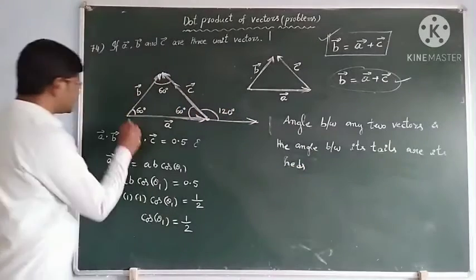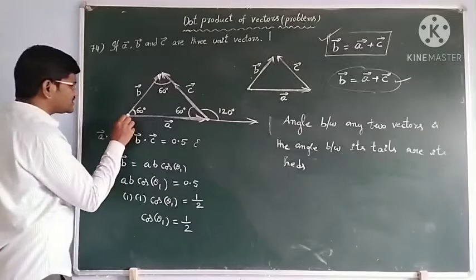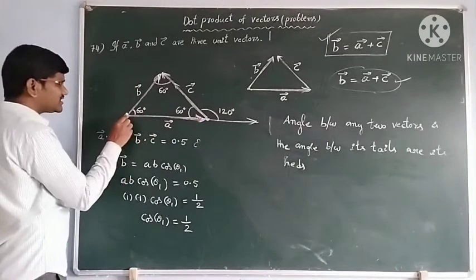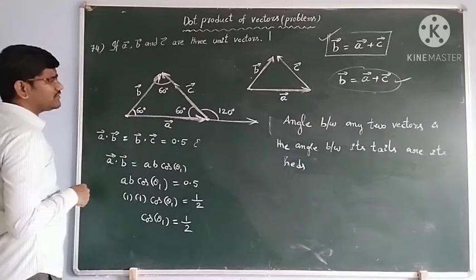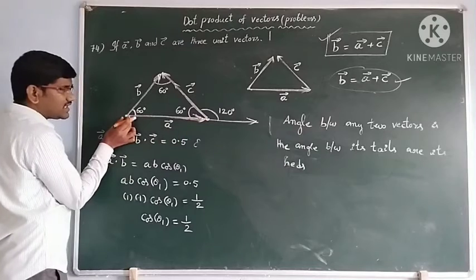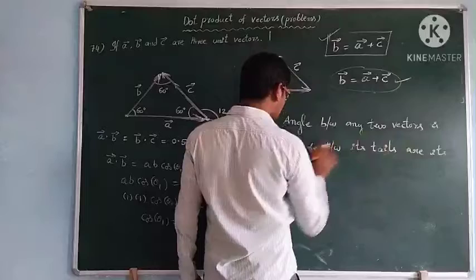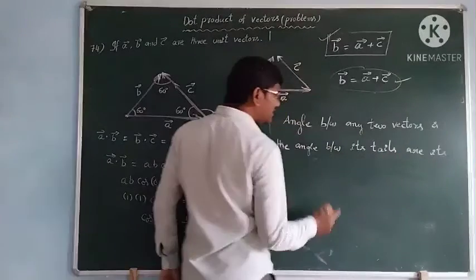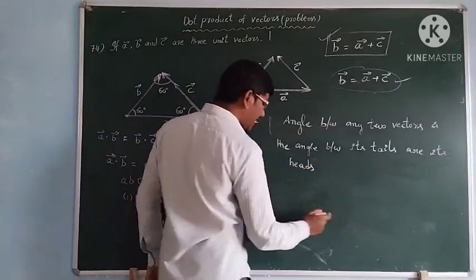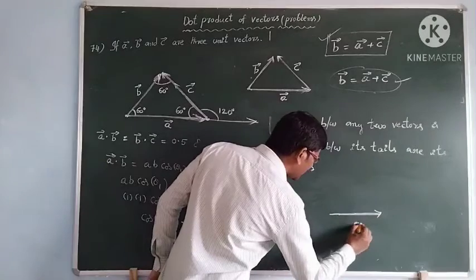So see, students, this is the initial point of the A bar vector, and this is the initial point of the B bar vector. Both the vectors start here. So this is the angle between the two vectors. It is the tails. This is the head of the vector. This is the tail of the vector. Okay. The angle between any two vectors is the angle between its tails or its heads. Means if you have one vector, A bar, like this is the vector A bar.